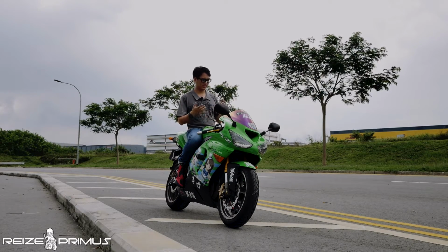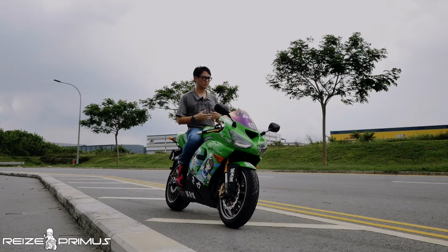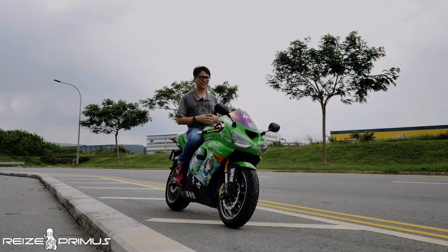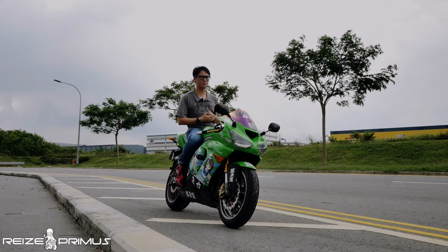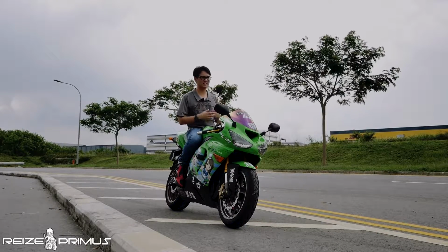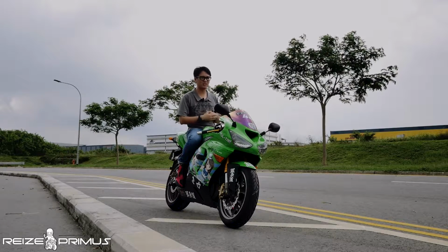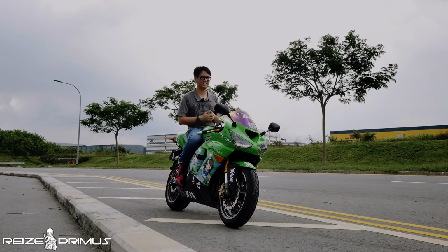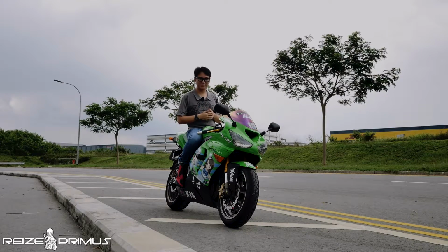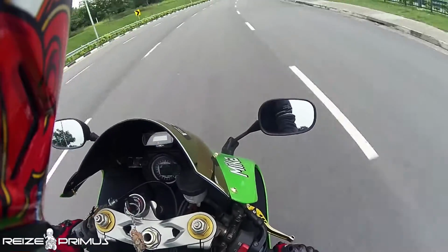You know, the 2005 ZX-6R is only a 636, but if you were to put it side by side with, let's say, a modern R1, you could not tell the difference unless you knew what engine it was running, because they feel almost the exact same weight, the exact same mass. I would even say that the 2015 R1 and all these new 2010s superbikes are lighter than a 2005 ZX-6R in comparison. Now, if there is one downside to owning and running this bike on a daily basis,